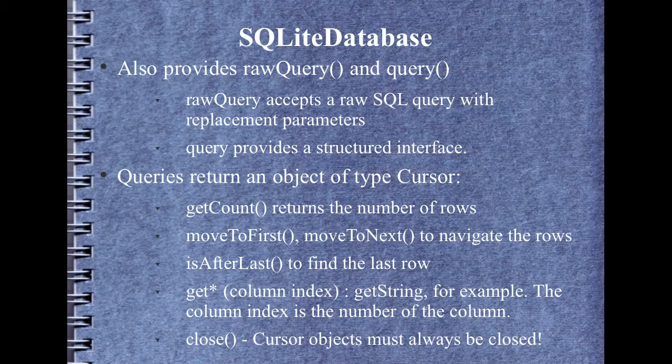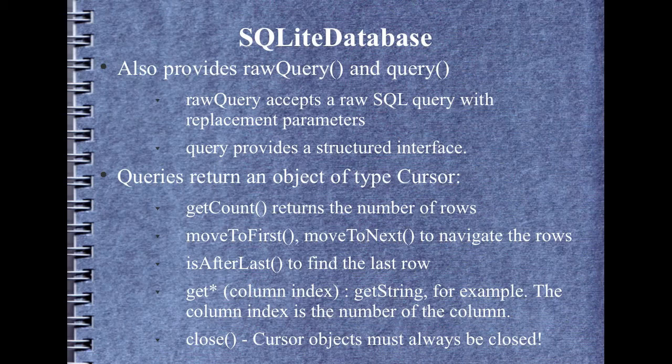We have getString, getInt, getBoolean, and so on. Get on a column index returns the value at that column index as that type, and the column index is the number of the column. This is an integer. And then close closes